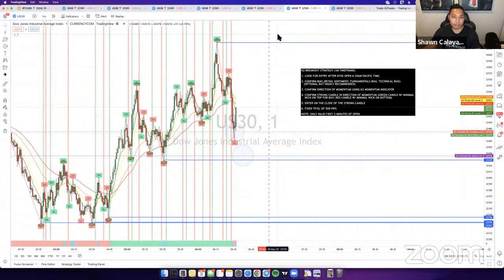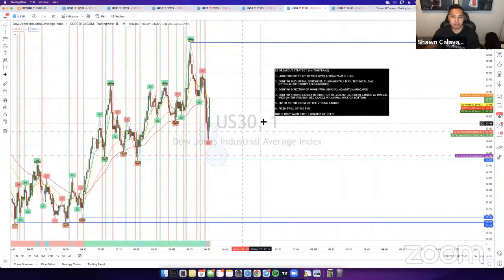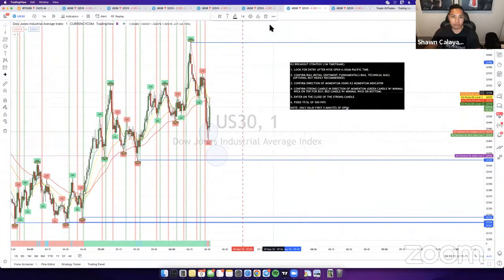6:32 right now. We've got about 3 minutes till 6:35. If we don't get the breakout from now until then, there's not going to be a breakout today. I mean, either way, it doesn't look like we're going to get a breakout anyway. So I'll keep following it. Otherwise, if we don't get one here, we'll start looking for any other entries.